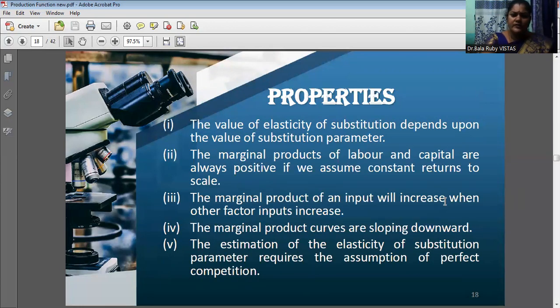Here also there are some properties. The value of the elasticity of substitution depends upon the value of the substitution parameter. At the same time, the marginal products of labor as well as capital are always positive, because here we assume constant returns to scale. The marginal product of an input will increase when other factor inputs increase. The marginal product curve always slopes downwards, and the estimation of the elasticity of substitution parameter requires the assumption